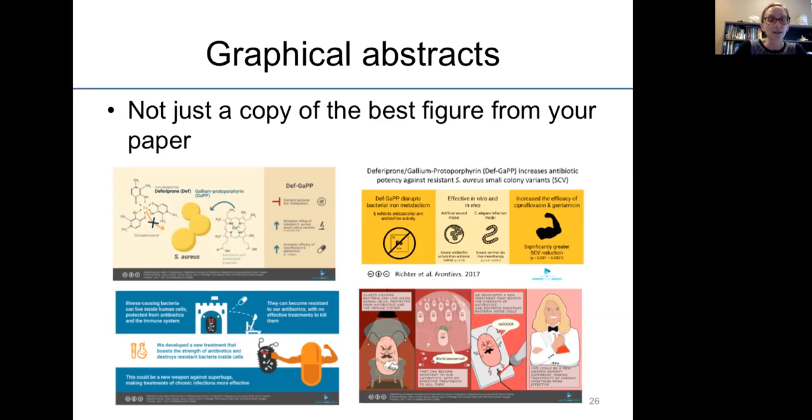So it can be as simple as a figure from your paper with important conclusions drawn from that data, or it can be more like a comic strip or something like that, which you see here. At the very last slide of this webinar, there's a list of resources, and Animature Science has a lot of information about how to go about doing this and some good guidance. So if this is something that's interesting to you and you want to flex your creative muscle, then this is one nice approach also.